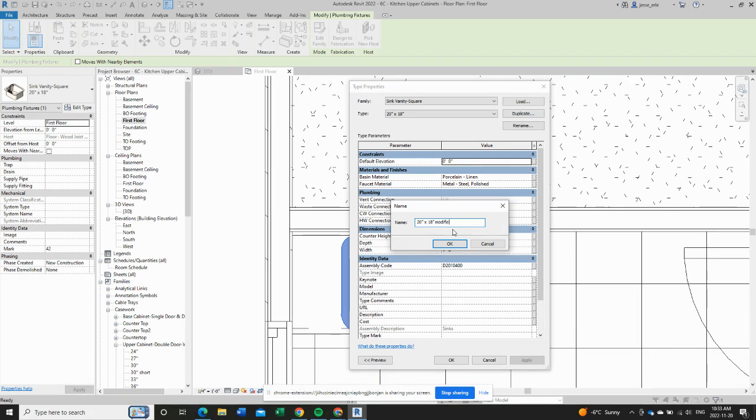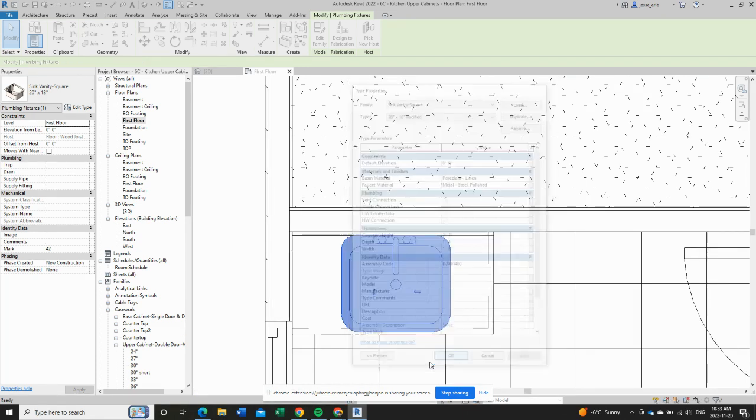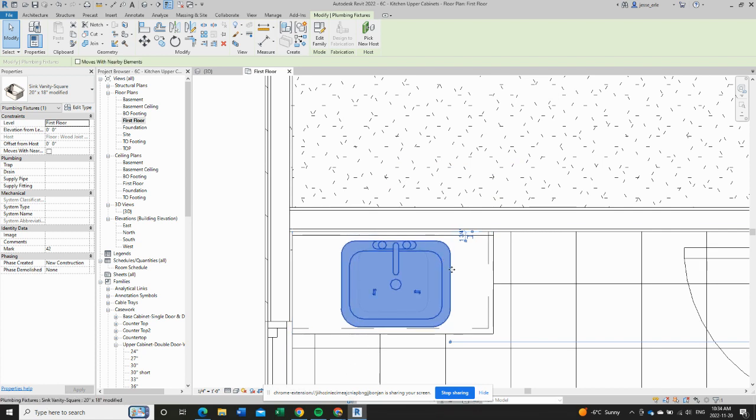And this word modified is just a signal to me as I go in the future that I've made some changes to the standard dimensions, which are 20 by 18. I want to know, so I'm aware that when I see this again, those dimensions might have changed a little bit. I'm going to change the depth here. We're just going to take about 2 inches off and see what that gives us. So I click OK. That kind of fits